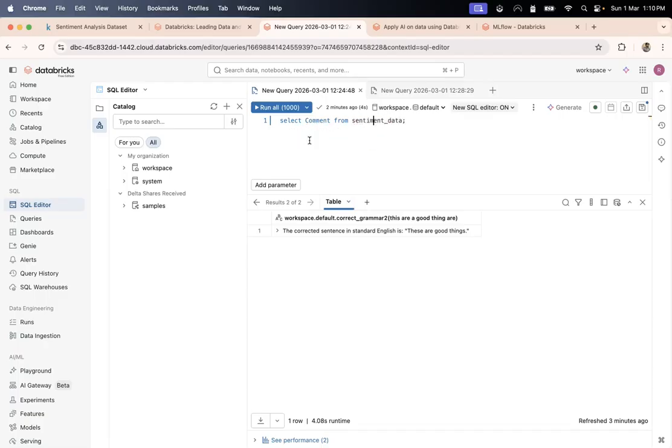Now what I want to do is take this comment and summarize it in maybe 2 words. I don't know if it is a good use case or not, but just to showcase. So I'll do AI query, and I'm aliasing this return as summarized comment.